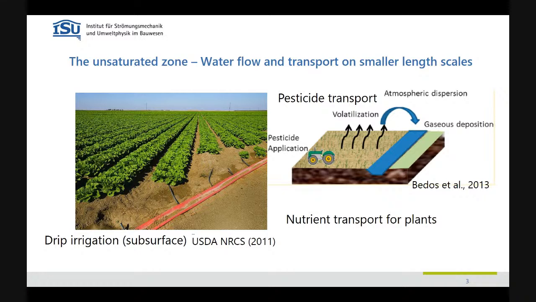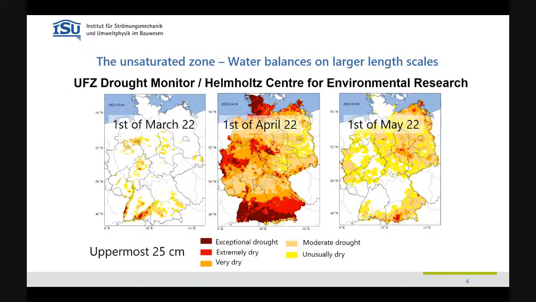and then we really look at a smaller length scale. However, there are also a lot of questions where we look on a much larger length scale on the system. And I chose here one example because this is something that we talk about a lot in Germany, and this is droughts, because we are having droughts in the last years quite a bit, and it's clear that we will have a lot more of this in the future.